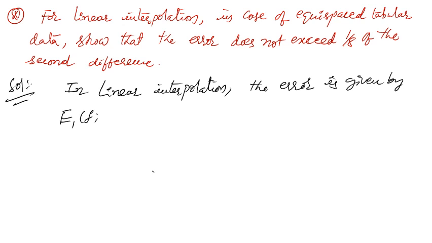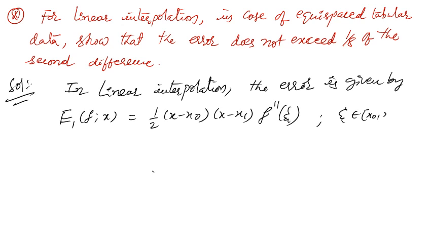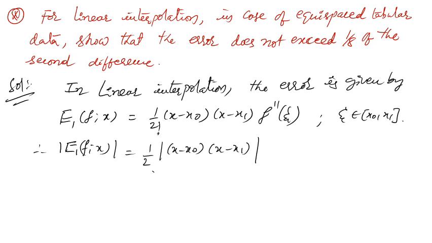E1. Do you remember? E1 f of x equal to 1/2 (x minus x naught)(x minus x1) f double dash xi, right? Where xi belongs to (x naught, x1). This is error. Already we know this 1/2 factorial. Therefore, if I consider absolute value, mod E1 f of x equal to 1/2 mod (x minus x naught)(x minus x1), and this is mod f double dash xi,